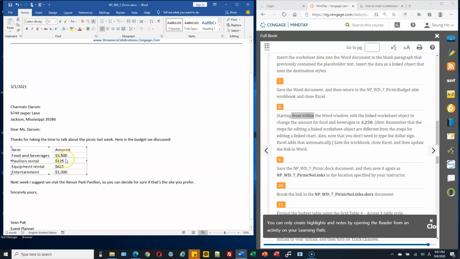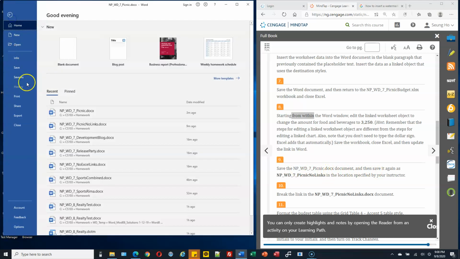But still, this is 3,500, so we need to update this field. So right click on this chart, and then click the Update Link menu. Then it will bring up this data. Update, yes. So save this document, and then finally save this file as,